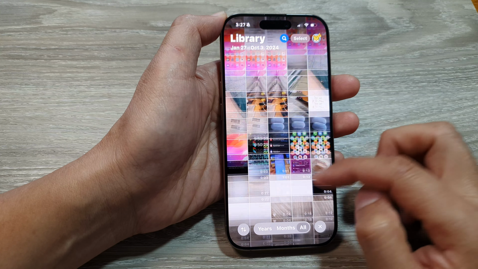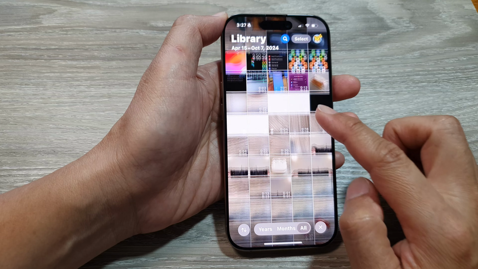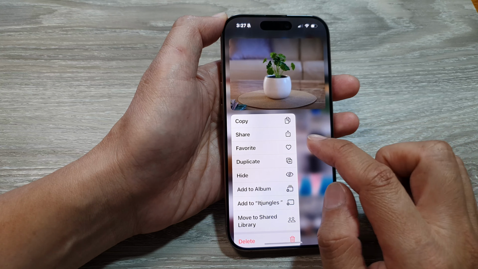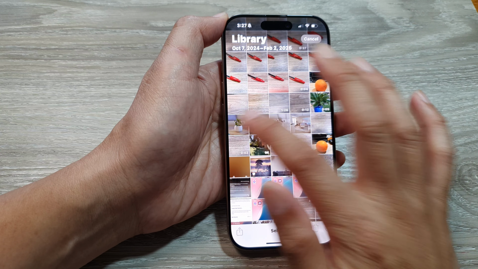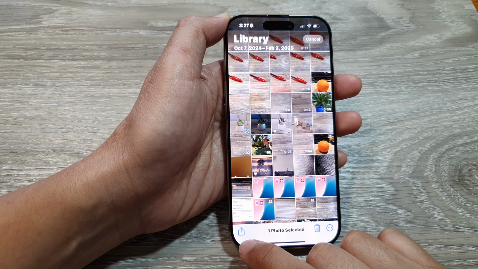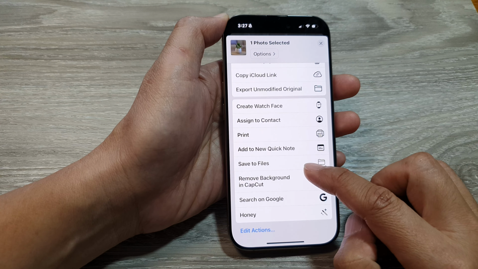From here, go to your Photos library and then select a photo. So here I will select this picture here. So touch and hold on that to select, or you can simply tap on the select button here and then select a picture. After that, you can tap on the share button, then we scroll down, and from here tap